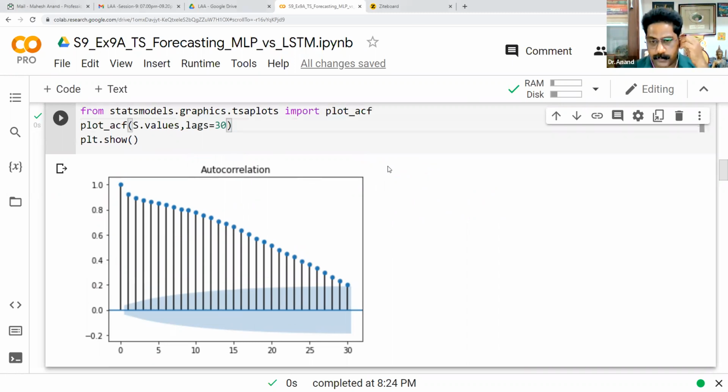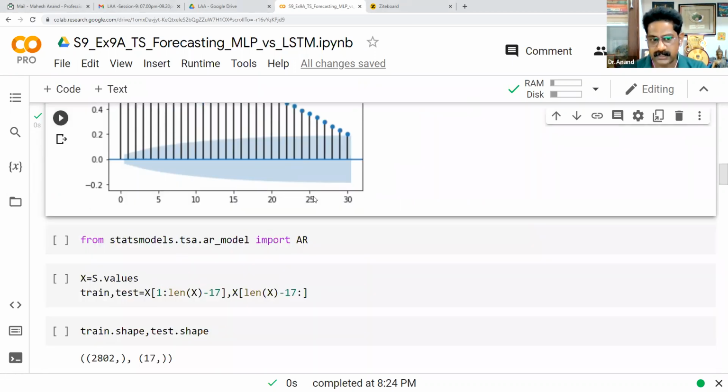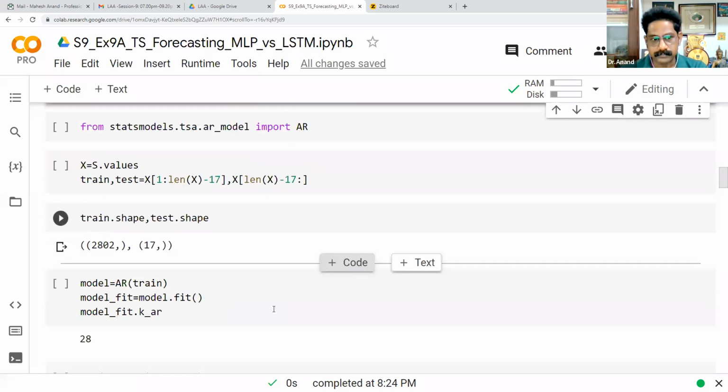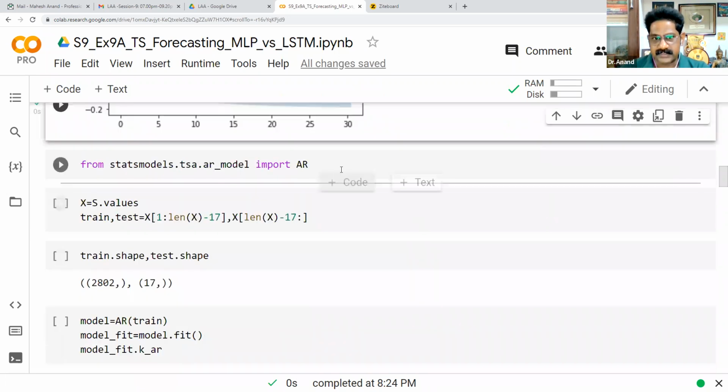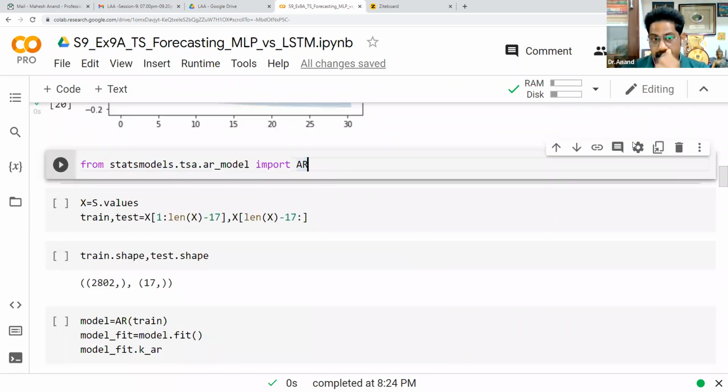So this is the second important component. Once you understand your time series pattern, the second component is what? Understanding the autocorrelation. First, let us demonstrate how to use a classical autoregressor model. I told you the classical autoregressor model works as a linear model. We have something called the statsmodels AR model package. I have imported AR, which stands for autoregressor model. In the autoregressor model, all you have to tell is